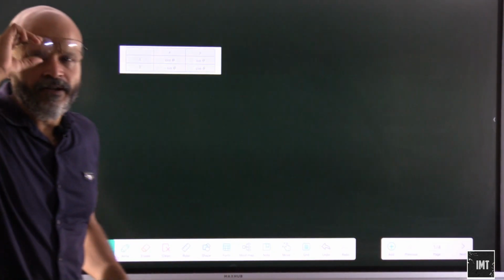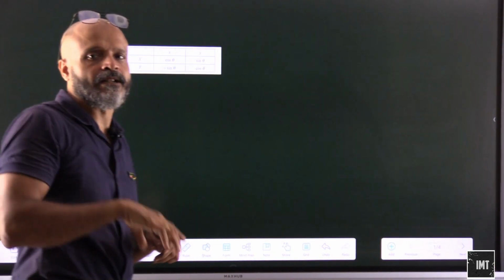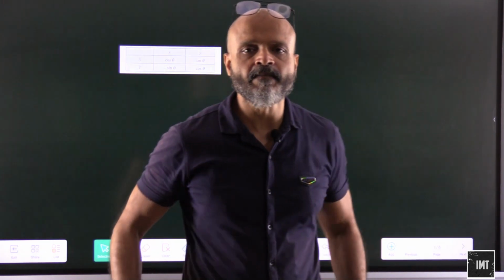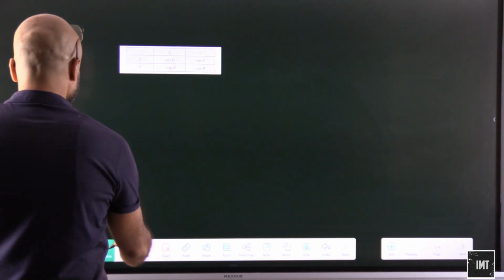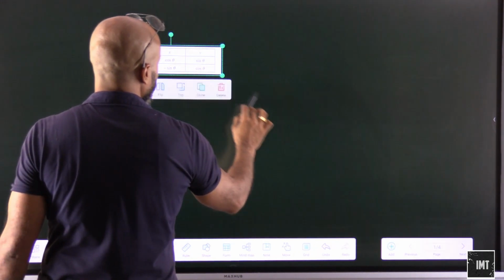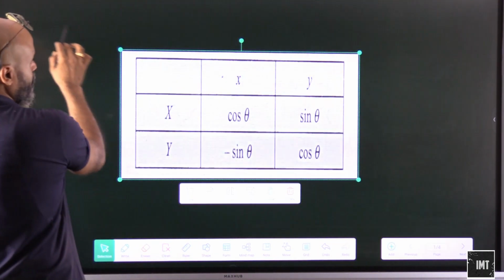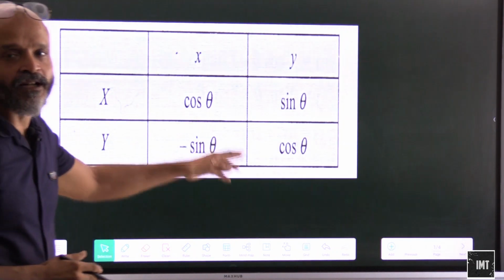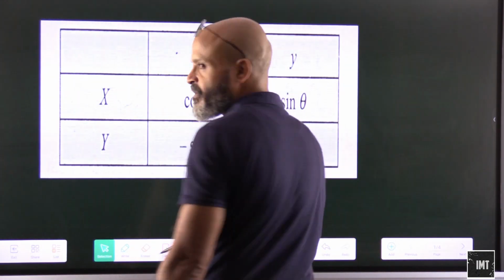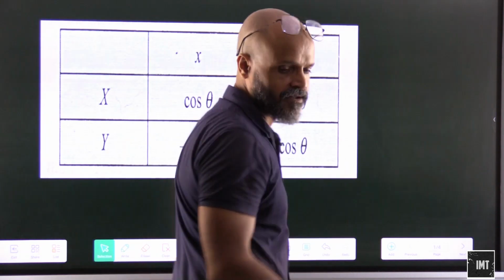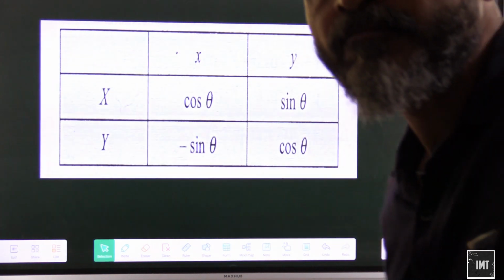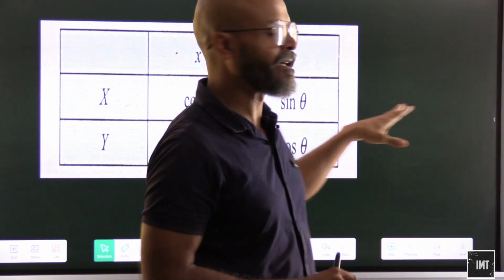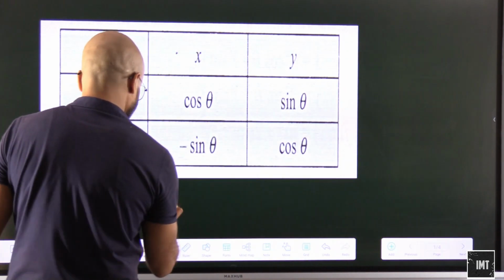Alright people, so we were doing the rotational shift in a coordinate system. When we actually rotate the entire coordinate system, how are things going to change? So this is the entire thing. It is just a shortcut or a mnemonic, we can say. We can compare this in biology to a Punnett square.